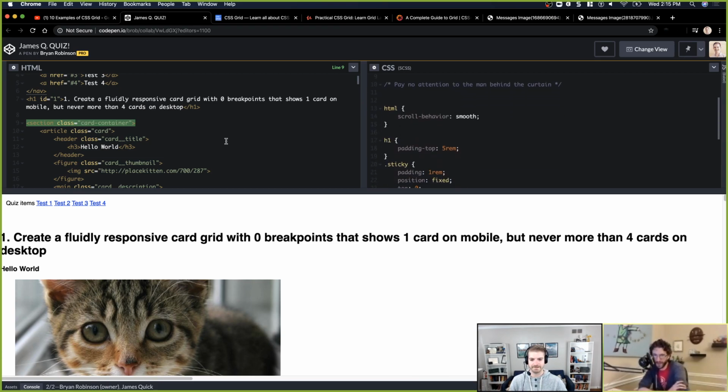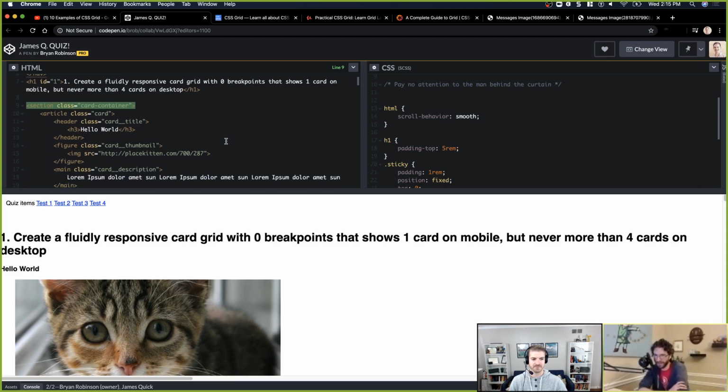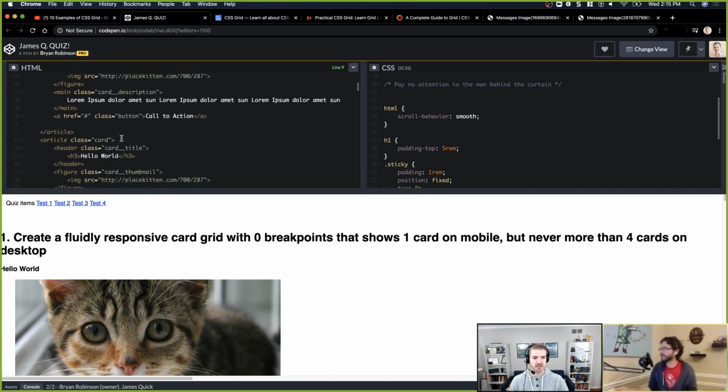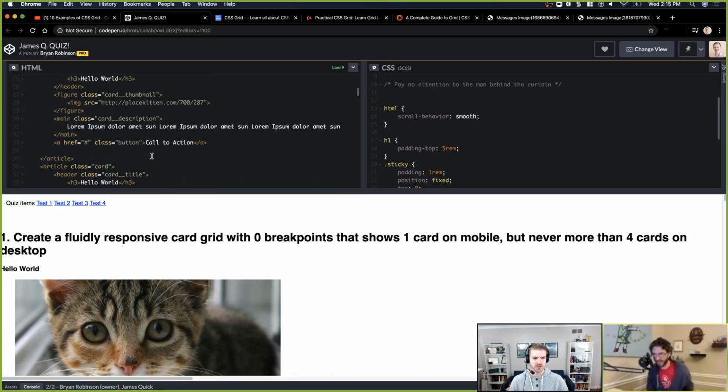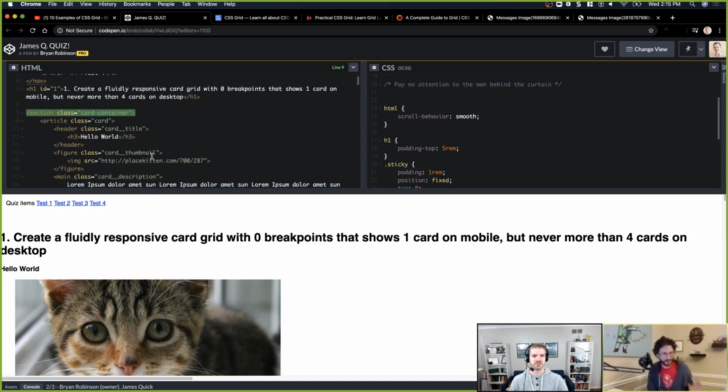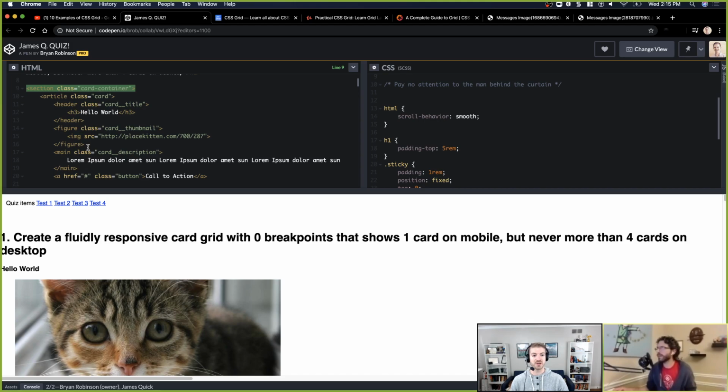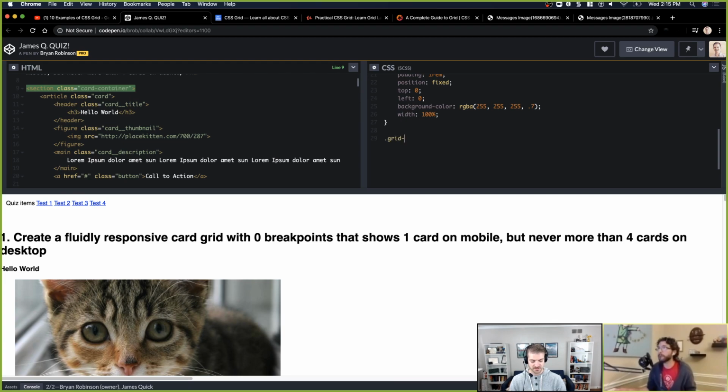You should have all the HTML you need in the HTML pane. You just need to figure out your CSS classes, and you should be good to go. Part of this is also that I've got to go in and do the actual card, so it's not just laying out the cards; it's the card content itself. We can circle back to the card content if you're able to complete all of my challenges today. Right now they're all identical in their content, so you don't have to worry about sizing. I'm letting you ease in a little bit. So what I'm looking at is, one, starting with the grid or card container. Let me go ahead and grab that class of grid container.